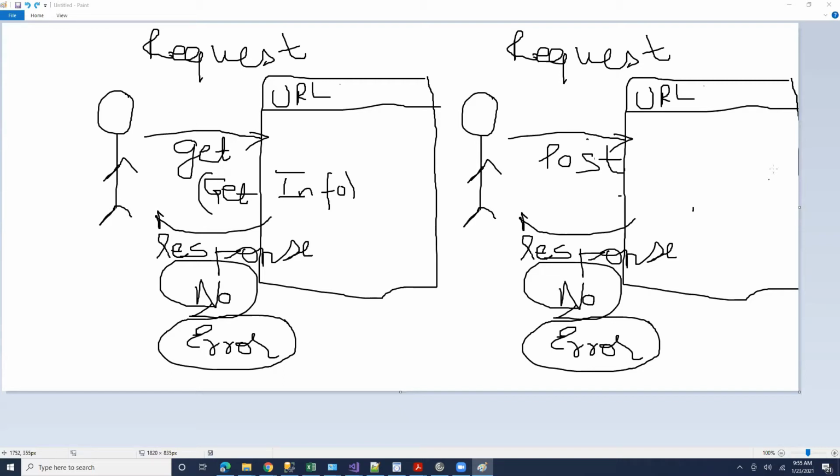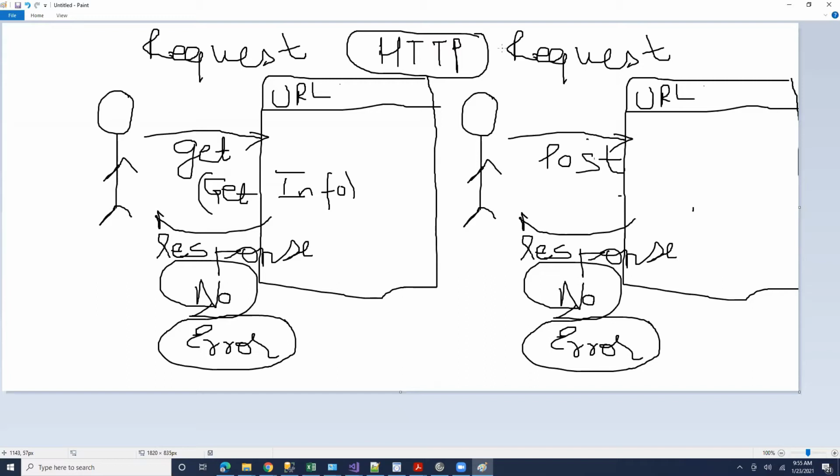So almost all these are called HTTP requests. HTTP is the way in which internet works, or the way in which websites on internet communicate. Hypertext transfer protocol, that's just a standard communication guideline. So if you post, you'll get a response, because if you don't get a response, you don't know what happened.